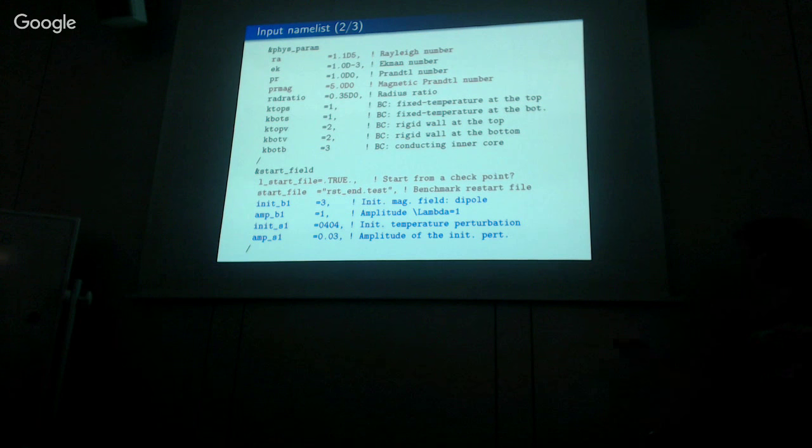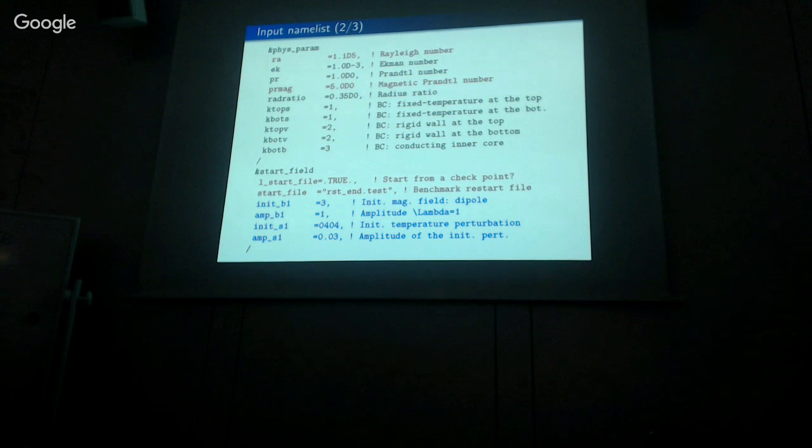Basically, you have two options now. You set this to true. That means it will read the restart file that you gave here. If it doesn't find it, it will tell you and stop. On top of that, if you want, you can add a disturbance. If you leave these other parameters like they were, it will take the restart file and add to that the disturbance you used yesterday as a starting condition. Well, if you don't want to add it,